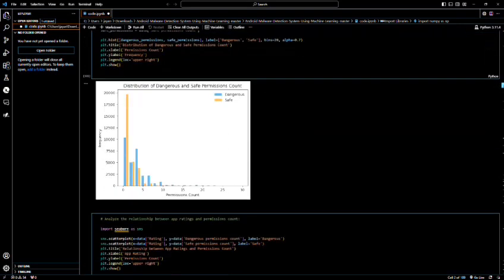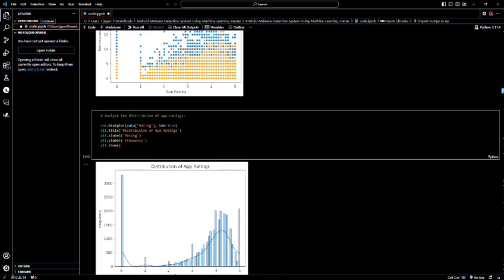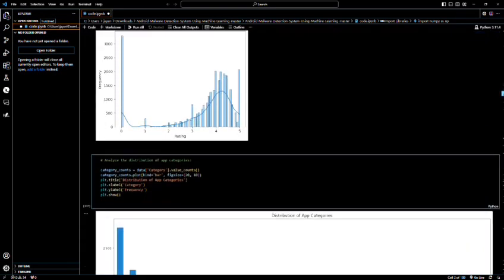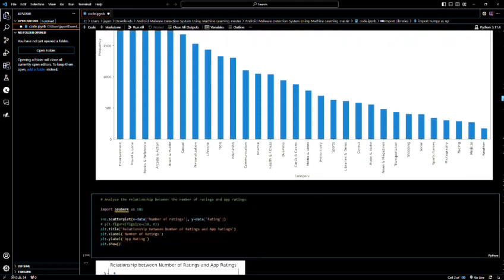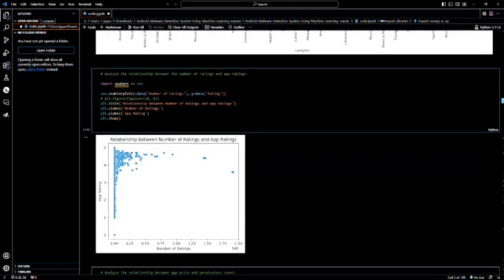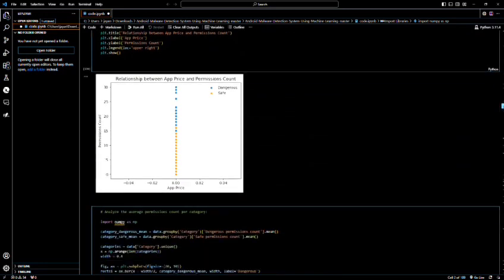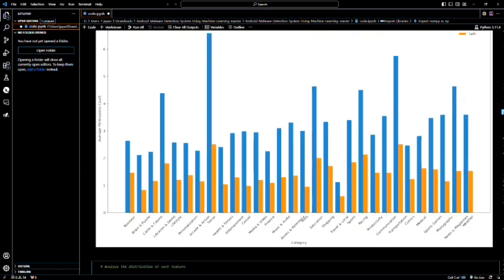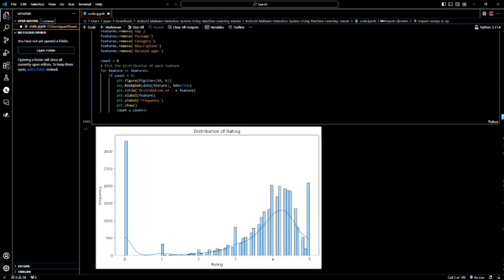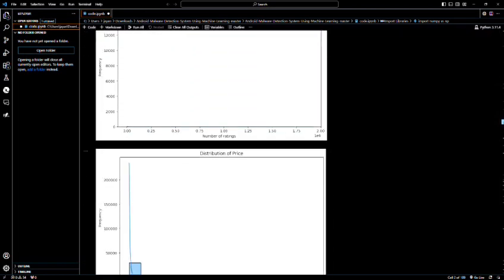The exploratory data analysis, EDA, for the permission dataset provides valuable insights into the relationship between the different features in the dataset and helps us identify the most important features for predicting the app rating. It also provided a foundation for further analysis using machine learning techniques.